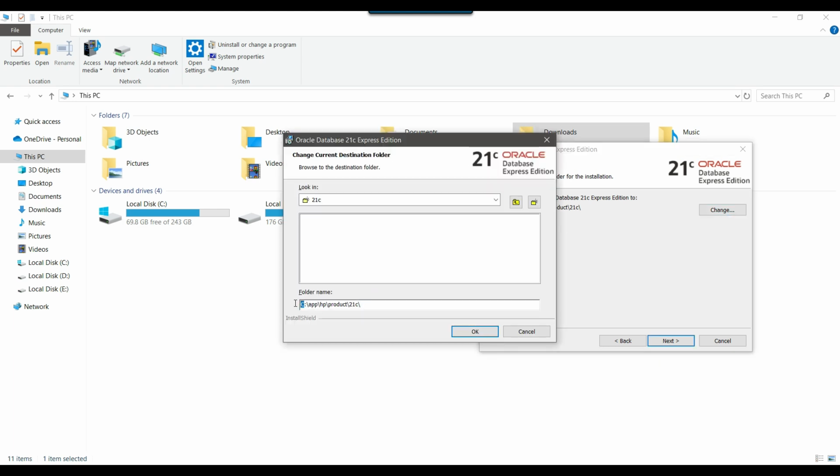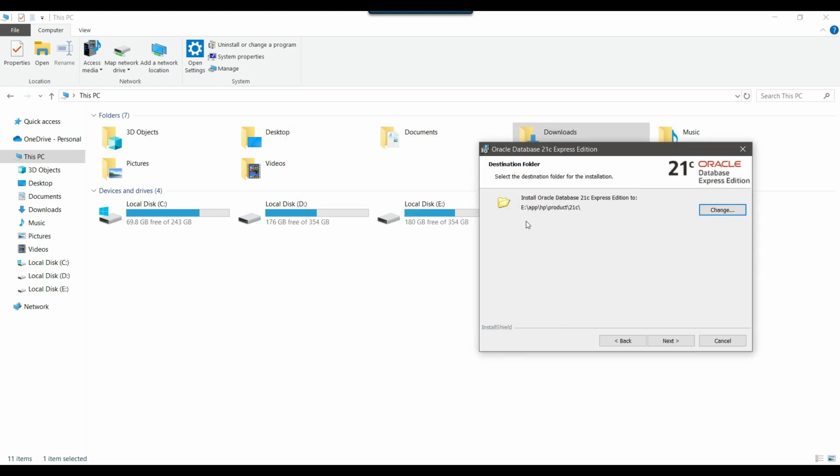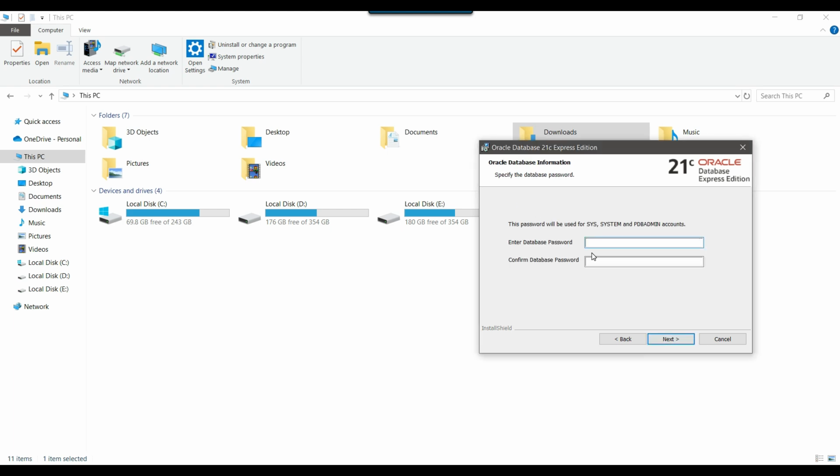So instead of the C drive, I can give the E drive path. Okay, and then I can click OK. So now the installation location will be changed to the E drive. Now I can click next, and now here we need to provide the password which will be used for the